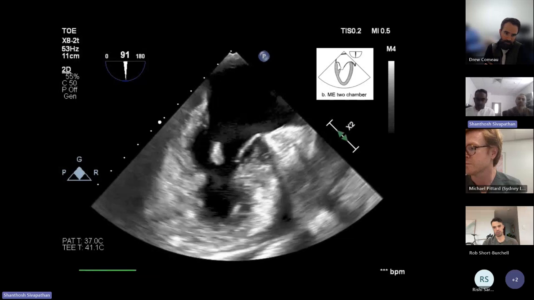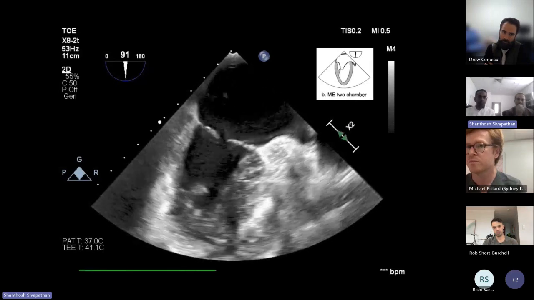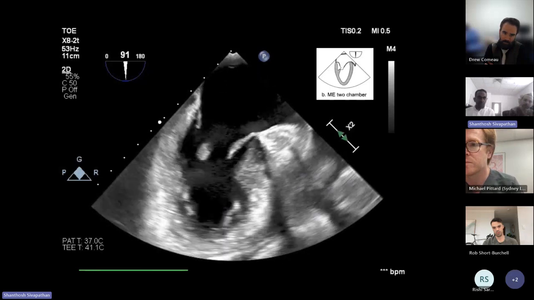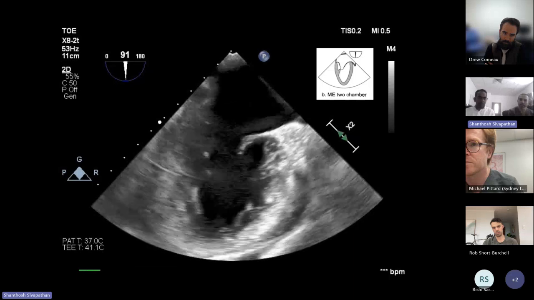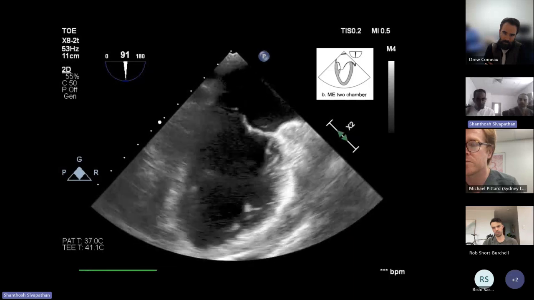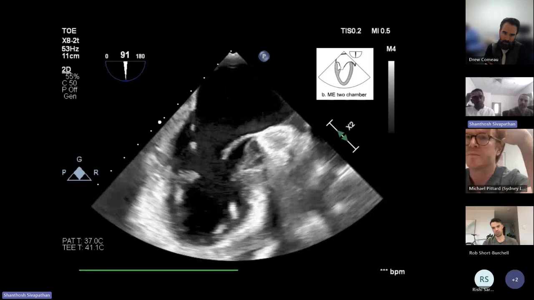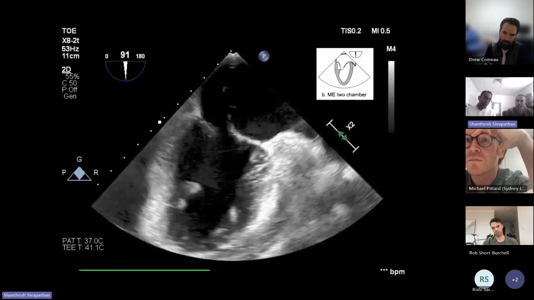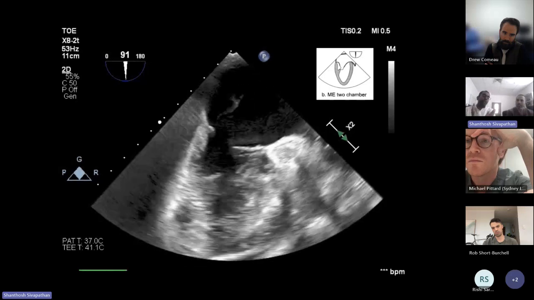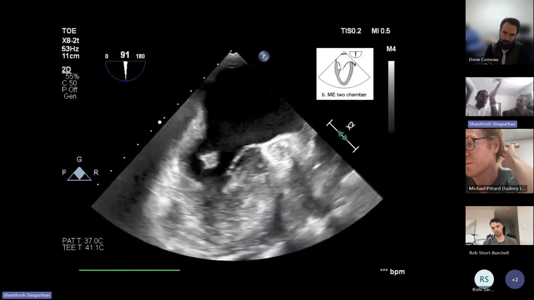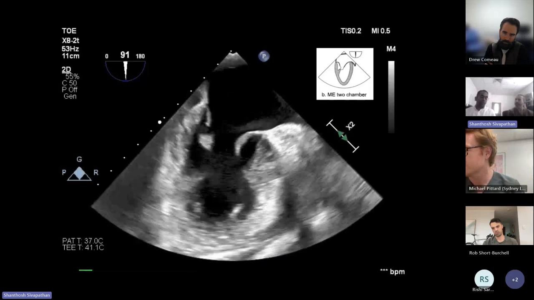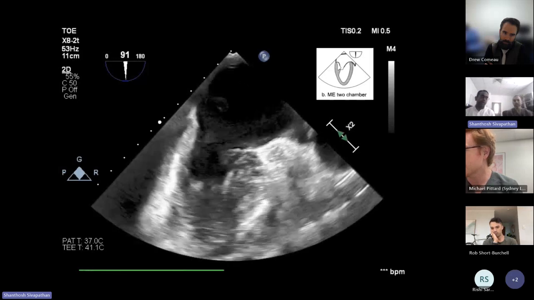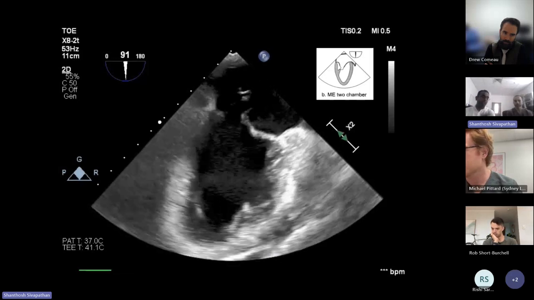Sandra, can I ask you a question on this one? Mark, you may not be able to see because of frame rate, but in this clip it looks like you have a leaflet that has papillary muscle attached that's prolapsing back in, and the pap muscle is flailing back in. But it looks like the other leaflet of the mitral valve is flailing as well. Yeah, it could be. You're quite right, because the papillary muscles tether off both leaflets, so you can get a bit of flailing from both sides. But in this case, it's most likely the posteromedial pap muscle that has ruptured off and